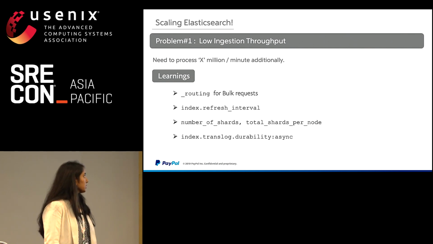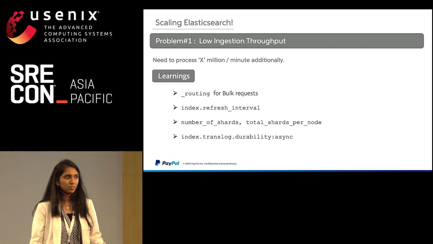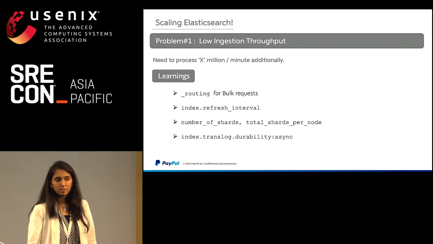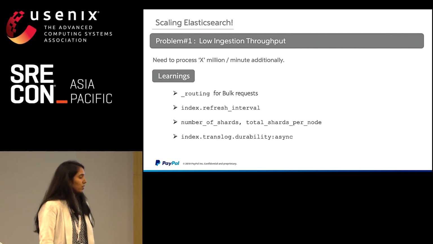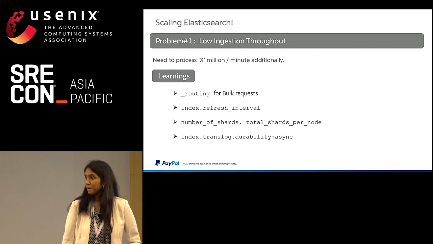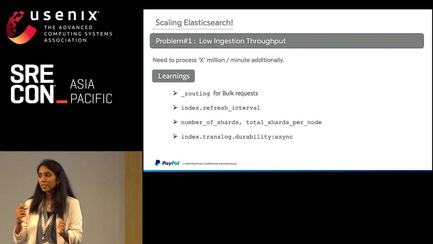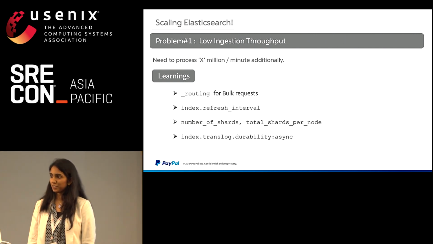The second one is in terms of refresh interval. Are you guys aware of refresh interval by any chance? Like what it does, or have you tried playing around with it? Okay. Since it's silence, let me just go through that a bit. How quickly your metrics will be pushed to the Elasticsearch? Awesome. Something along those lines, how quickly it's available to search, exactly.